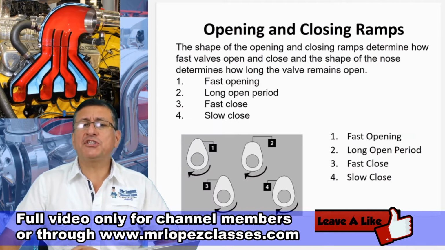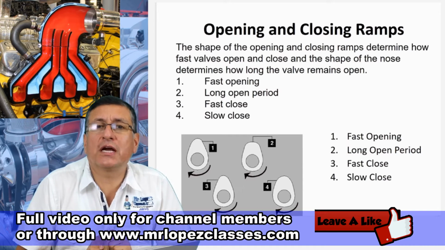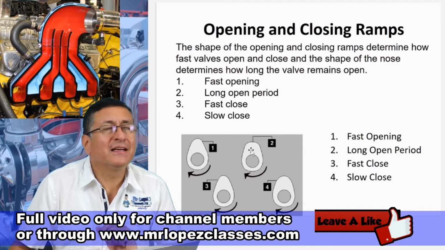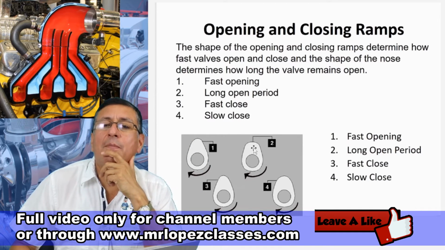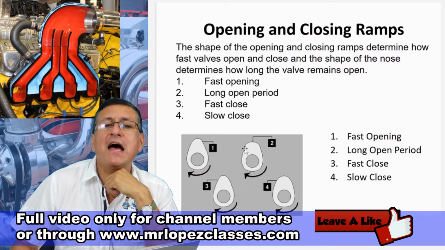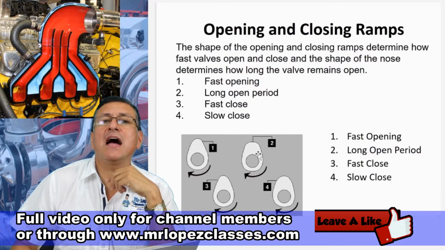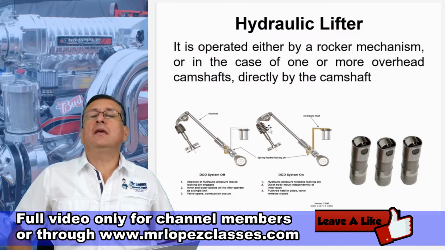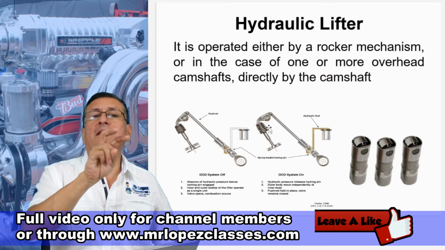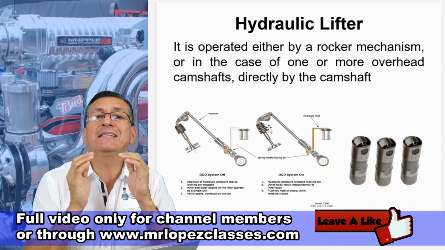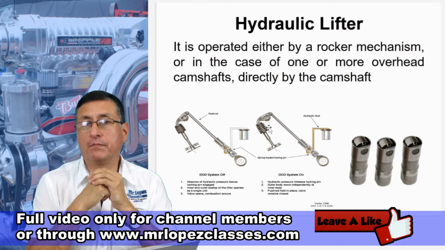You remember the shape of the lobes on the camshaft? You remember the second one? This one? In the second one, what happened? You see, a long open period. If the lobe is rounded, a little flat like this, the valve stays open more time. If I have a problem that the valves in my engine don't close properly or stay open more time, there are